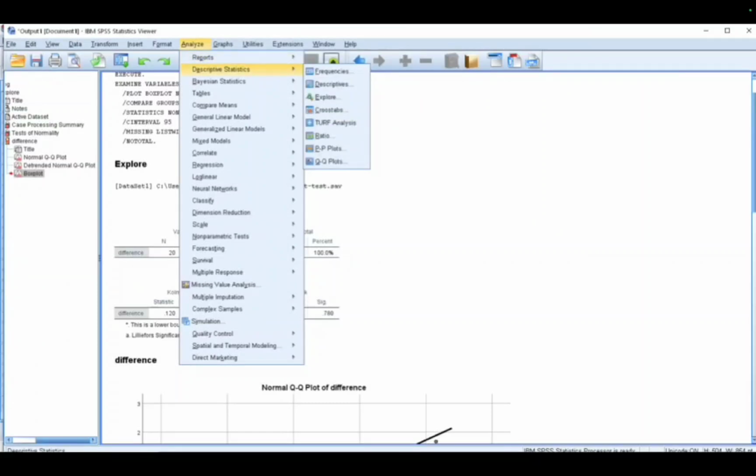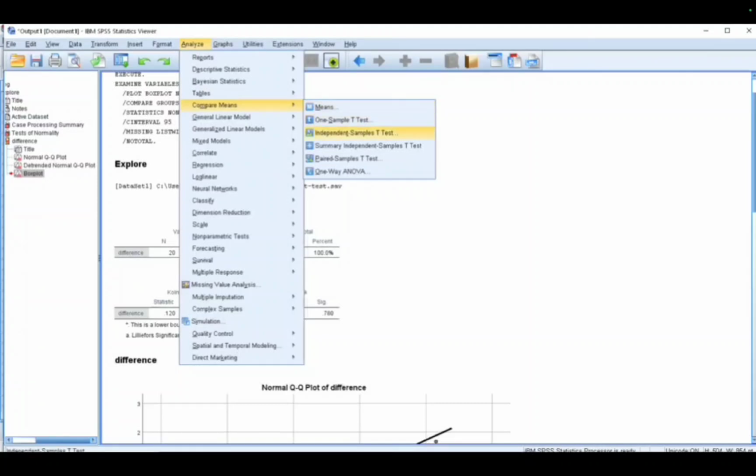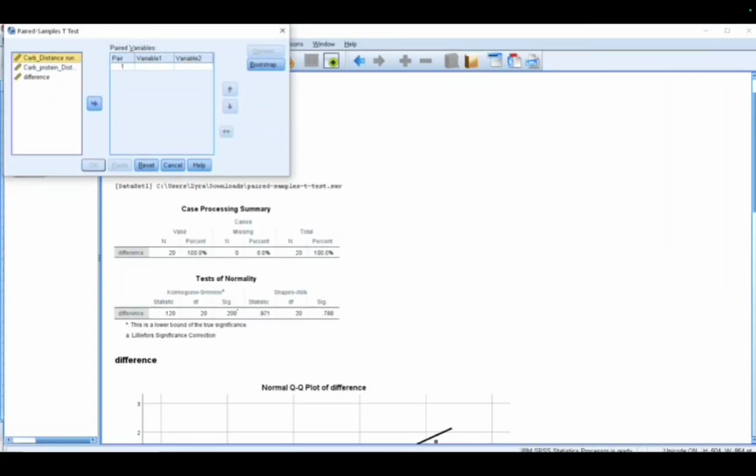Another is you will go to analyze, compare means, then paired samples t-test, and then click the carbs protein and the carbs distance. The variable should be in 1 and 2, and type the carbs and the carbs distance there.